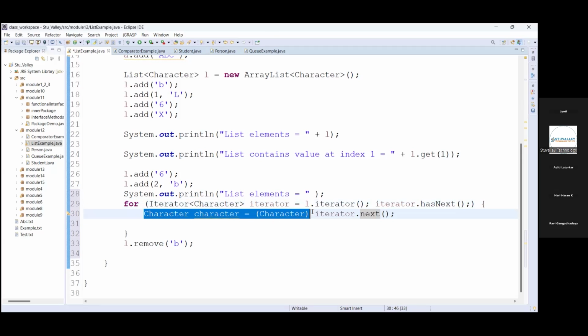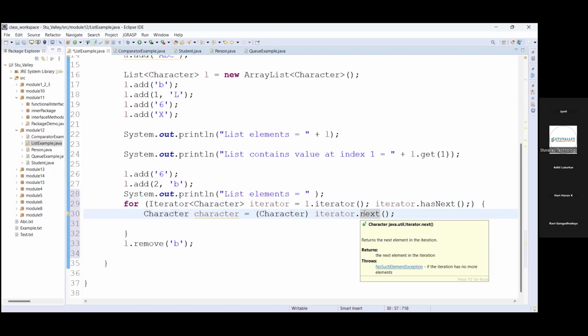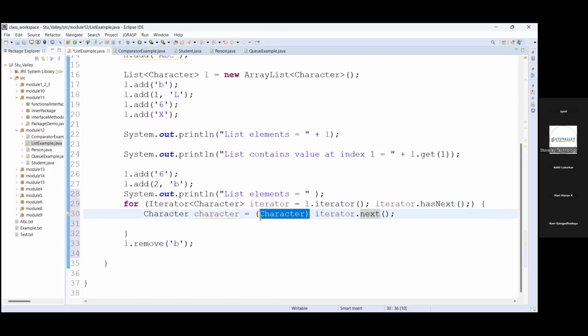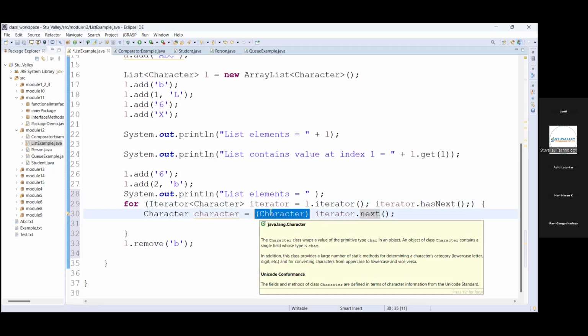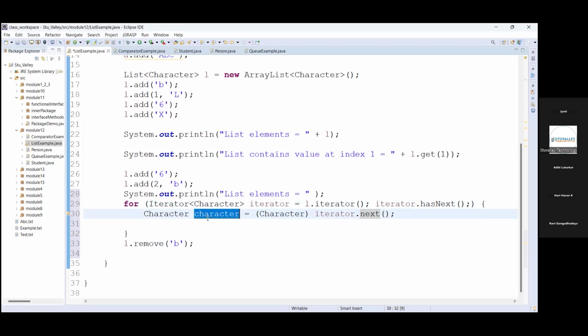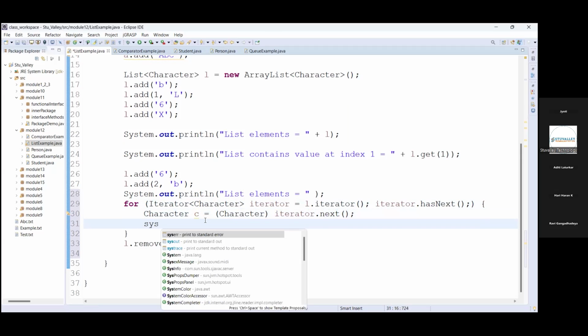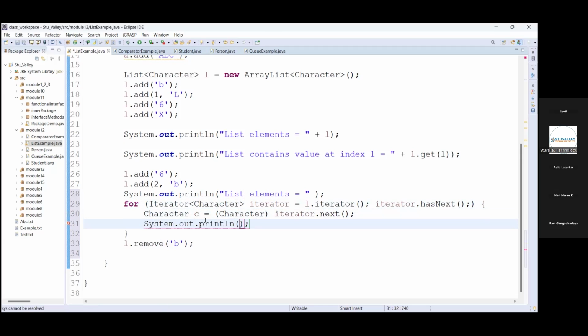This is not necessary to do, but as this next method returns an object, we need to cast it into character because we are creating a list of characters. That's why we need to cast it into character and store it into one character variable. I'm using the System.out.println statement to display the list elements. I will use the print method, and then we will use